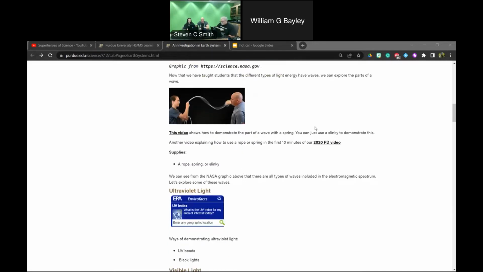Someone put the actual link to that photo. Good. And the rope. Someone asked about the rope. If you're not doing the compression waves, you can do the S waves and do the wave thing with just a rope. I think I've actually used a broken extension cord with the ends cut off before, so if you have an orange extension cord, you can use that. But that can tend to whip some people.